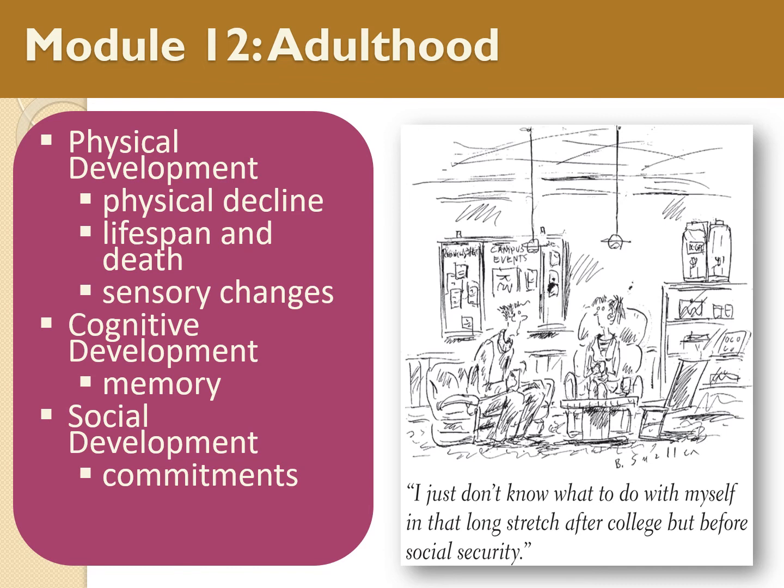When we look at adulthood, physical development, cognitive development, social development, all of those things are declining. All of them are declining. So the main thing that we teach people is if you don't use it, you're going to lose it. That's why you see older people walking on a regular basis to keep that physical as much as possible, doing Sudoku puzzles or crossword puzzles, keeping that mental or cognitive aspect of it. And again, the social sometimes isn't their choice, but many of their friends will die as they progress through age.